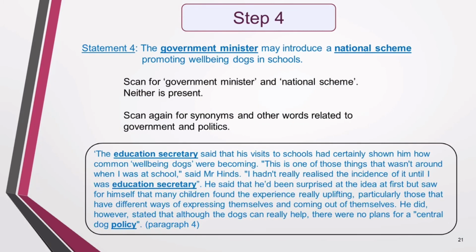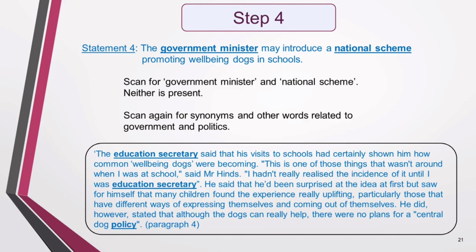Moving on to the last statement, I select Government Minister and National Scheme as my keywords and continue scanning the rest of the text for them. In this case, it means the last paragraph. I don't find either of these phrases in the text, so I need to think about possible synonyms. Even if I know little about politics, I can guess that the Education Secretary is a government minister, so that's a start. I scan again, looking out for any other words related to government and politics, and in the final